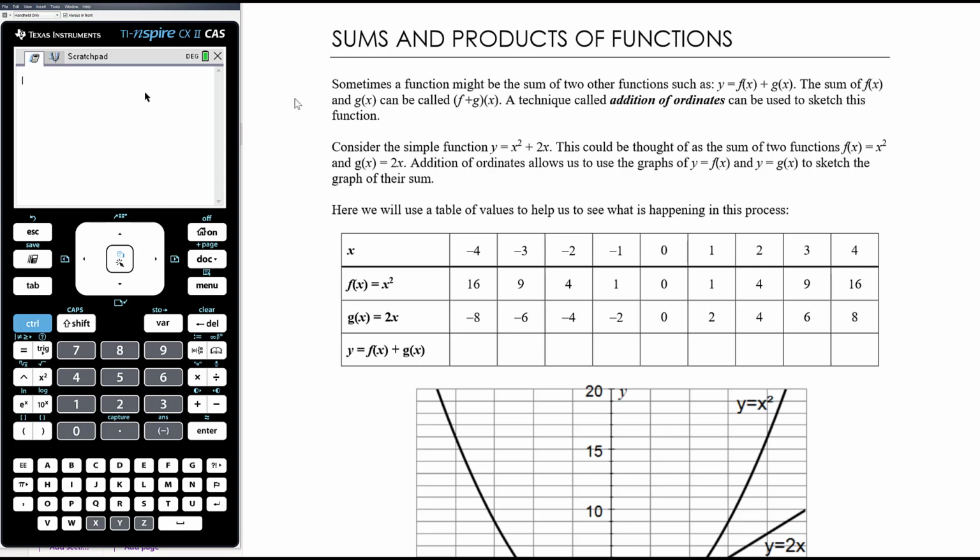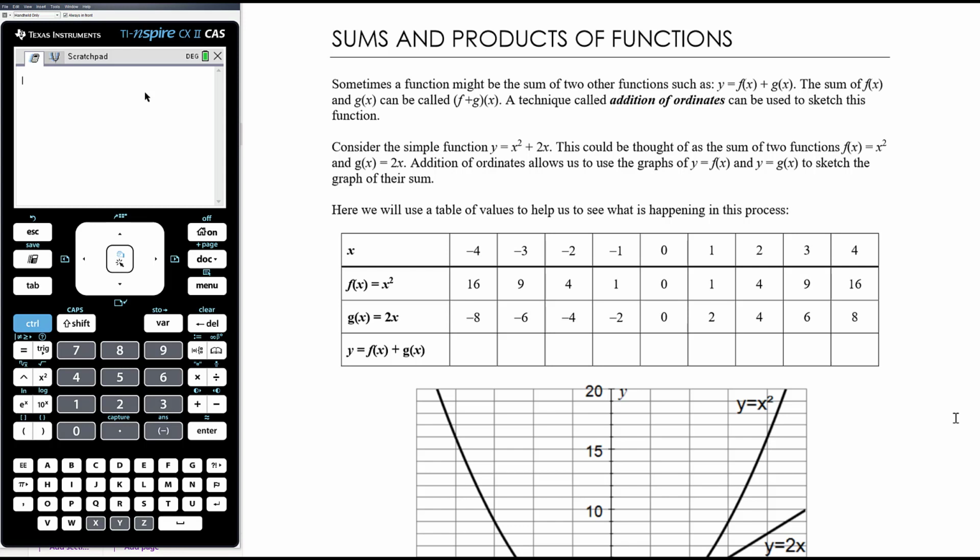Okay, so in this video we want to look at sums and products of functions. Sometimes a function might be the sum of two other functions. Many functions are the sum of two other functions. Any polynomial, well not any, but lots of polynomial functions, x squared plus 5x, that's a sum of x squared and 5x. We could think about those as two separate functions and think about adding them together to produce a